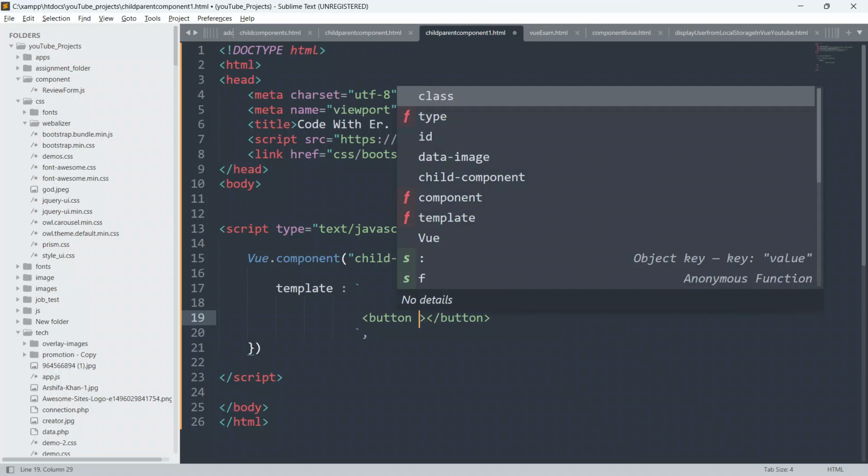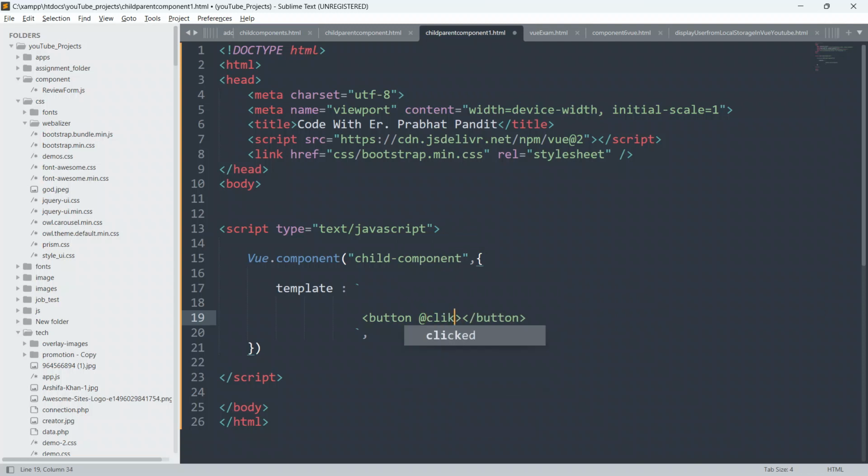Okay, so I will write at the rate click, equal to, and I will create a custom method here, send message to parent. So guys, this method is self-explanatory.